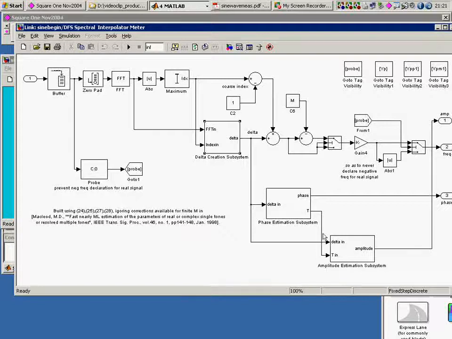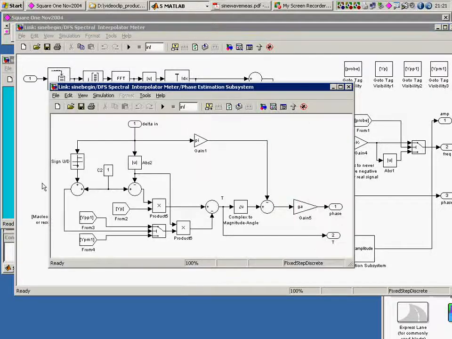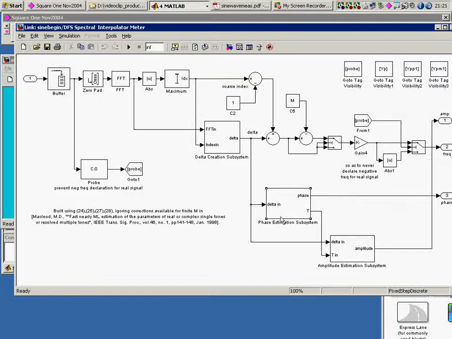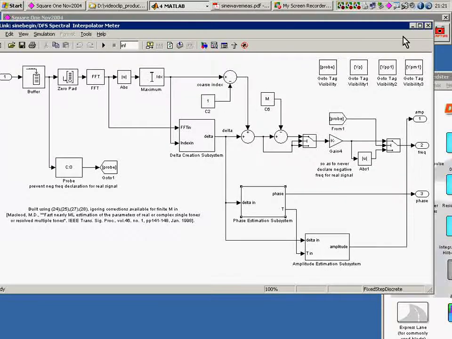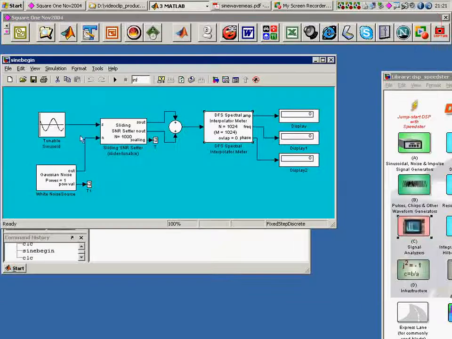Similar sort of blocks in here. You can see the complexity is not all that great. You can follow through it without too much trouble, and that's easy to write directly from the paper, and that then gives us a phase and also an amplitude estimate. So this should do a good job, and we expect that. So as we run it,